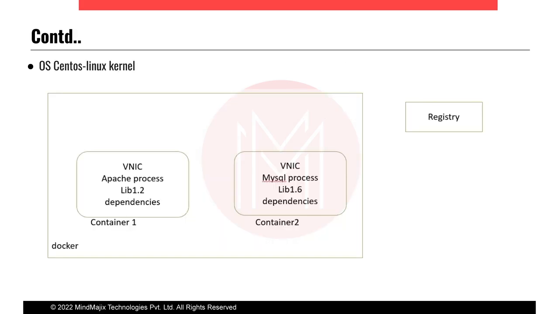Let us take the same approach. Here we have taken the same bare metal, and we have installed Docker, that is the Docker engine, on your OS. The OS is CentOS. I have installed CentOS as my OS, with the Linux kernel. And here I have taken two containers. In container 1 I have taken the Apache process, and in container 2 I have taken the MySQL process. For container 1, to install the Apache process,